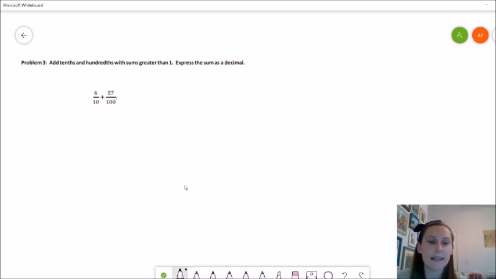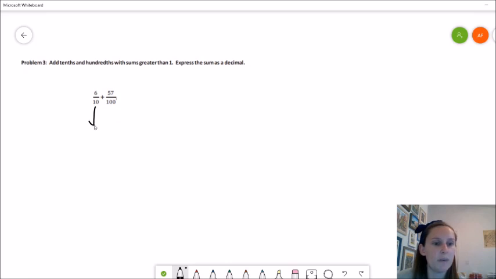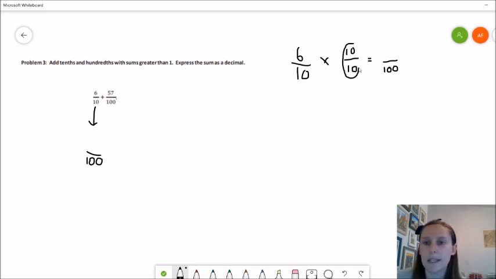So that means that my 6 tenths here, I am going to need to convert that into an equivalent fraction in hundredths in order to be able to add these fractions together. So 6 tenths, how many hundredths would that be? Let's write our equivalent fraction equation. I want to rewrite this as hundredths. I know that for my denominator, 10 times 10 would give me 100. So for my numerator, I also need to multiply by 10 because 10 tenths is 1 and anything times 1 is itself, which means they're equivalent. 6 times 10 would give me 60 for my numerator. So 6 tenths is equal to 60